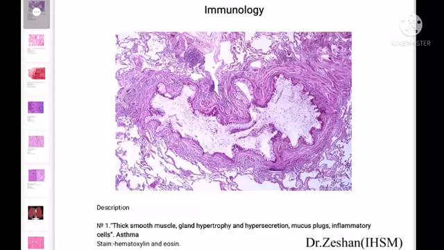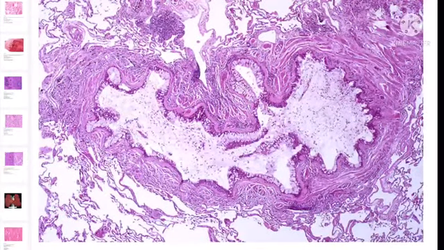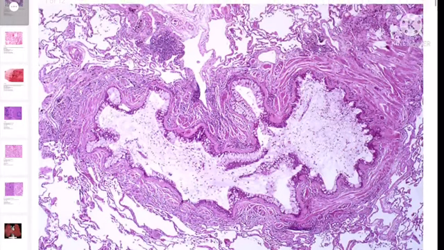Now we are going to discuss some image-based different types of hypersensitivity reactions, and we will identify the image, we will identify the organ, and we will identify the pathology, and then we will see which type of hypersensitivity reaction this is. So the first image, if we try to look, and if someone has given already some clinical